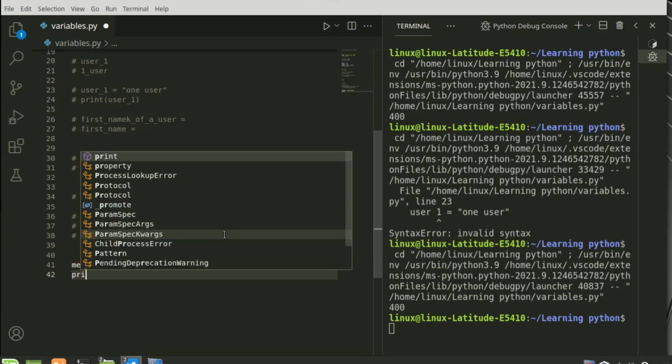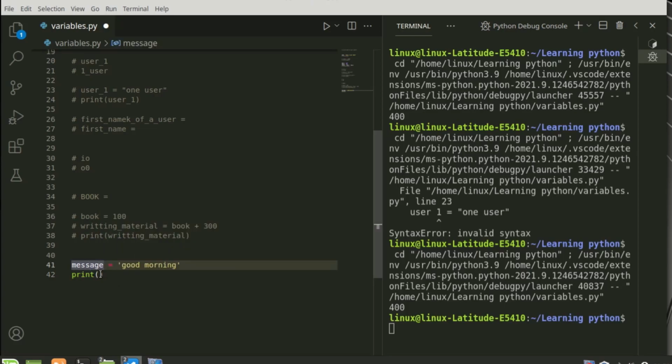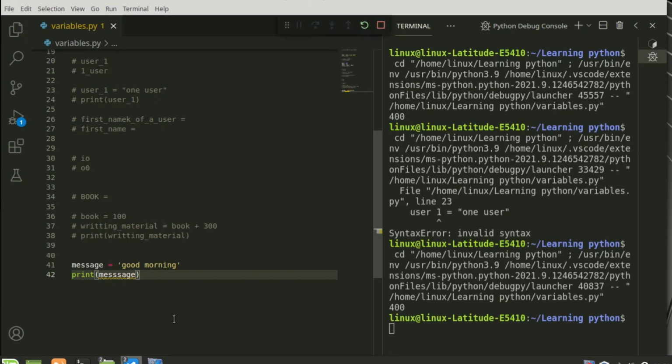Okay, so now, whenever we want to call this message, whenever you want to call the variable, we made a mistake here. Remember, this was double S for message, and let's say maybe we were typing very fast, and all of a sudden we mistakenly add a third S like this, and we say message, and we call this immediately